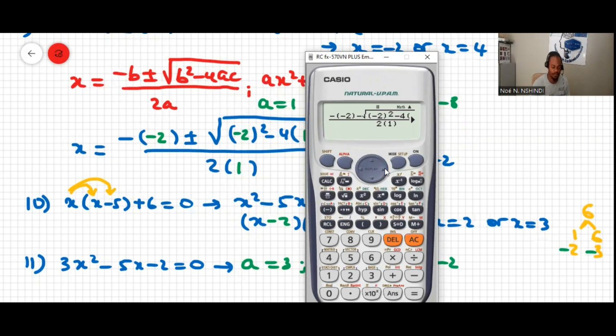we have b, which is -5, and then b squared, so -5 there, and then minus 4a, which is 3, and then c is -2, and then over 2a, where a is 3. Okay, we can use that formula. When we hit equal, with the negative here, we get -1/3. So